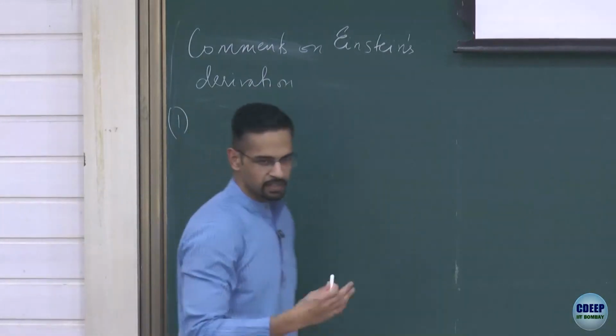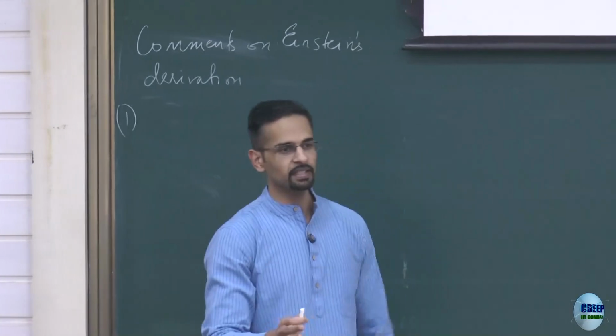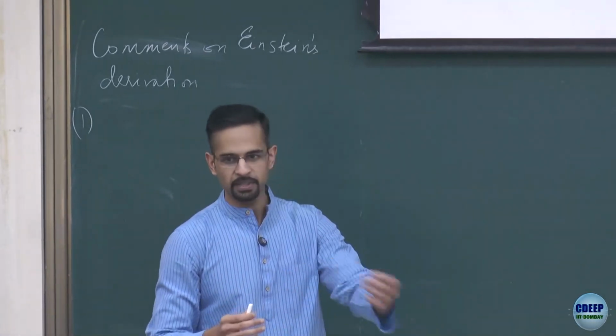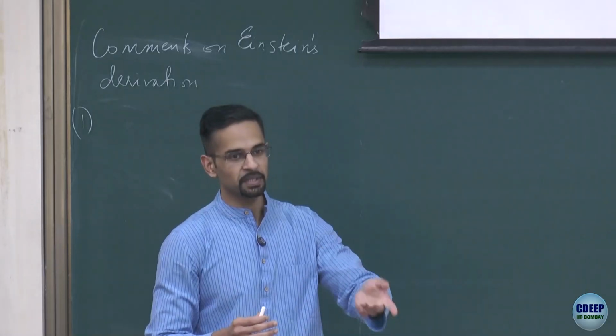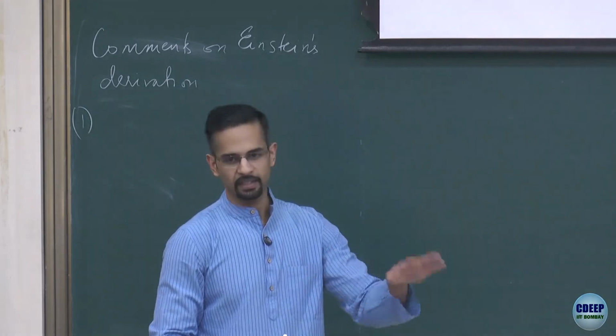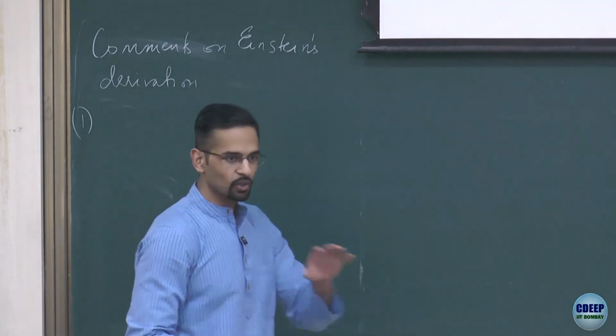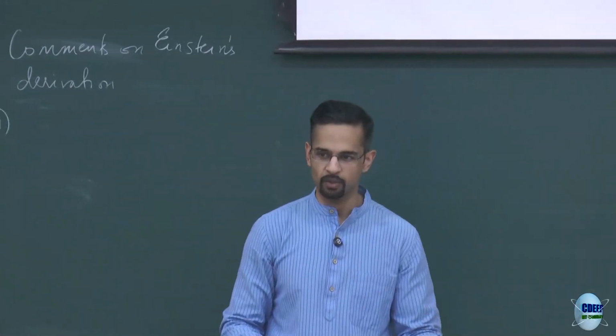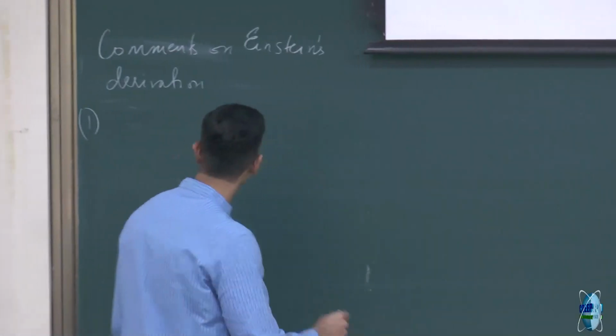Okay, so these are, if you like, the key ingredients, right? So, the first thing is he started with this idea that each particle is undergoing this random step, all right, and the key assumption is that each step is independent of anything in its past, right. So, such stochastic processes which do not depend on their past history are called Markov processes. So, the first point is that the